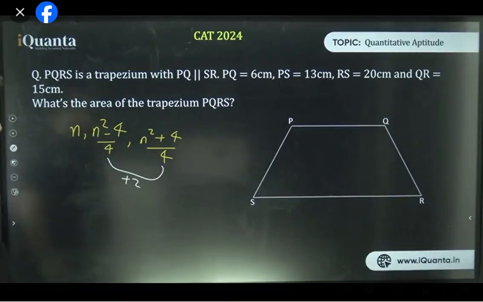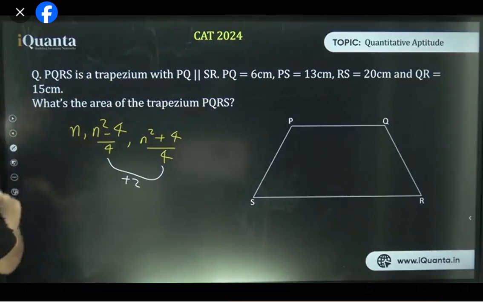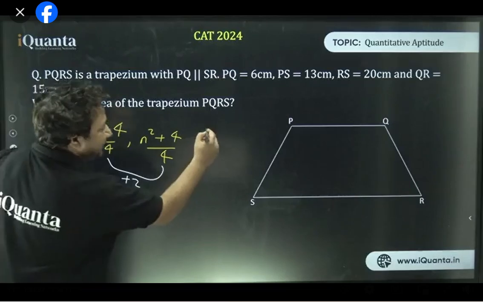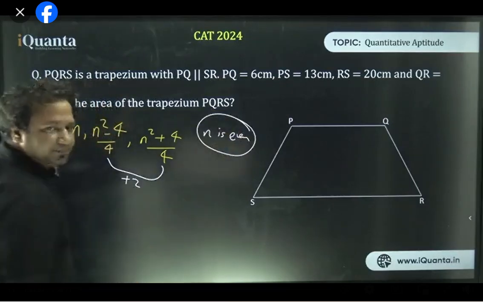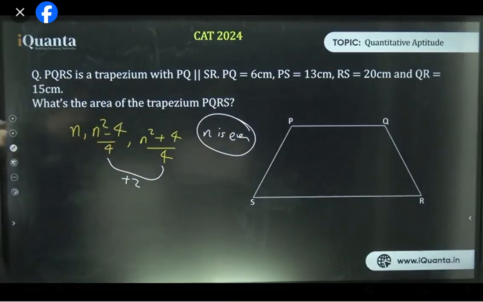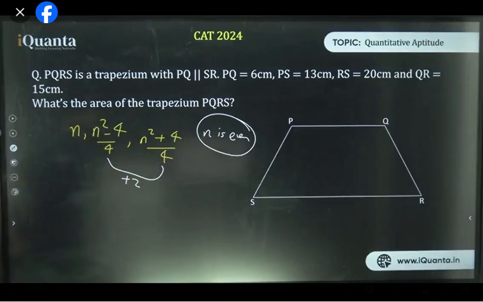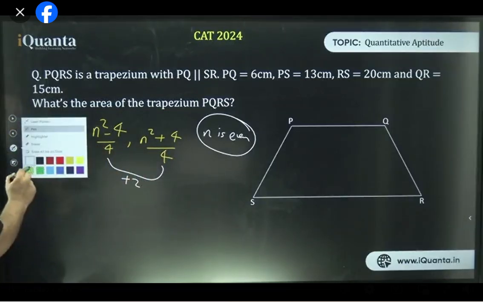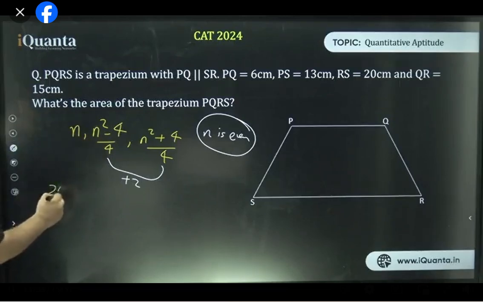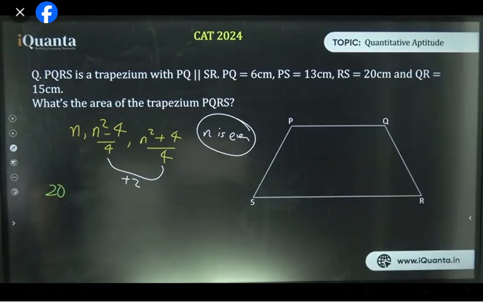Tulika, understood? Very good. So this is plus 2. Let's say we have something like this for even, right? When n is even. Let me pick an even number. The difference is 2, isn't it? Add 2 to it, you'll get this only. Right? So let's do this. Let us take n as 20. What is the square of 20?